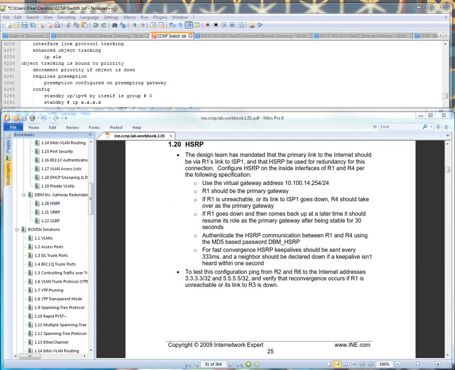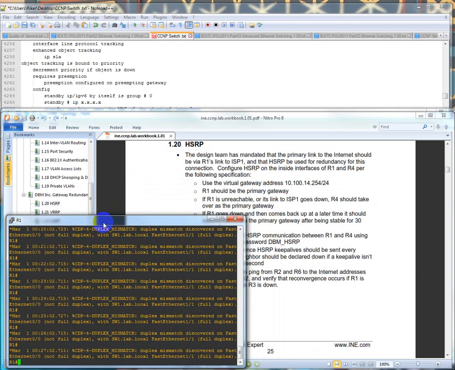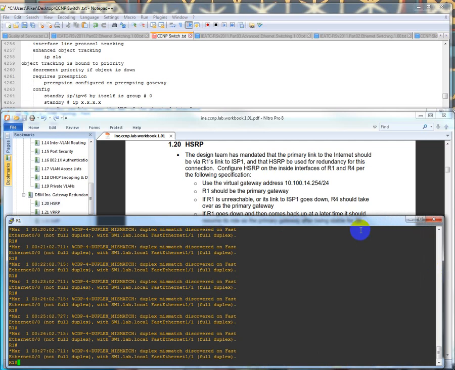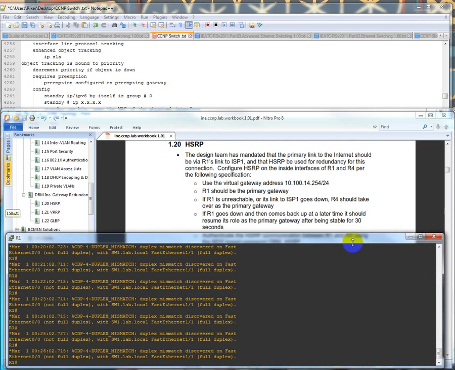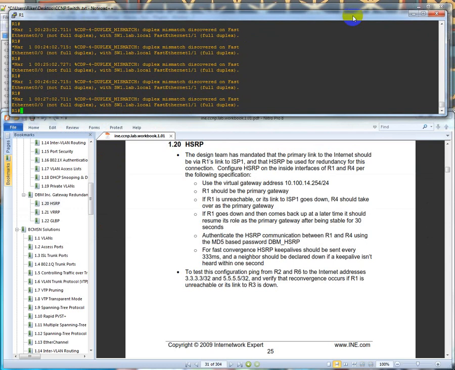What we're going to do now is on R1, we have a duplex issue. So we're going to bring this guy over, and it says, let's scoot this guy over and then down just a bit. And it says,